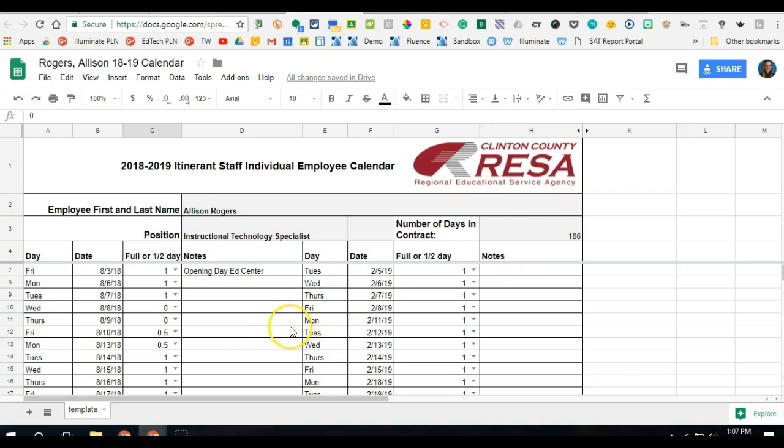So go through and set your calendar to what you want it to look like for 18-19 by just going to the drop down, selecting the days you will not be working. You can also use the notes section if you want to put in where you're going to be on specific days. You could put the district, for example, or maybe I'm going to be in Bath in the AM, Fowler in PM,